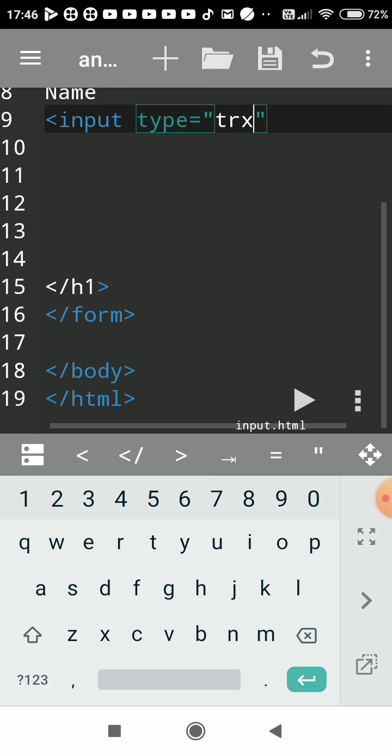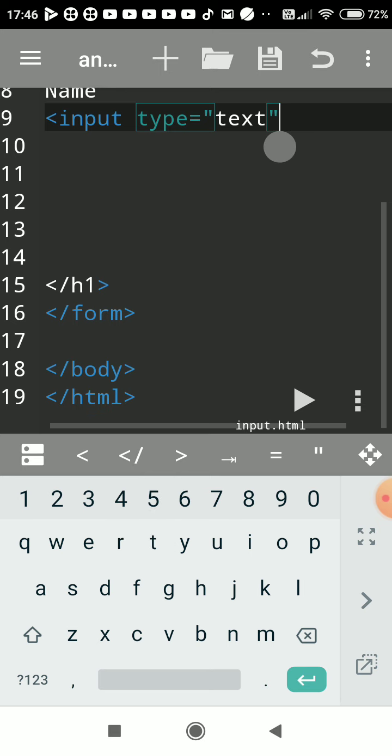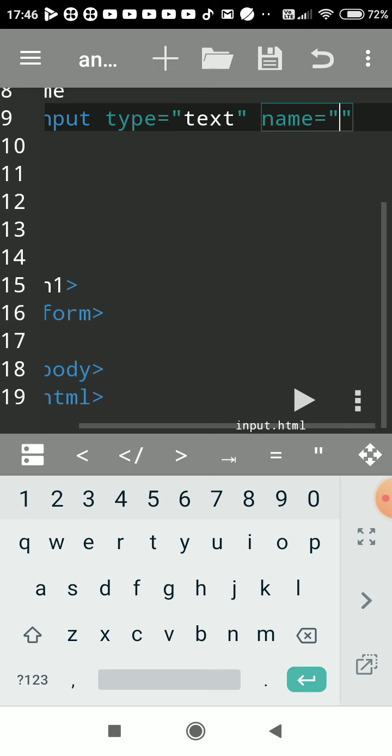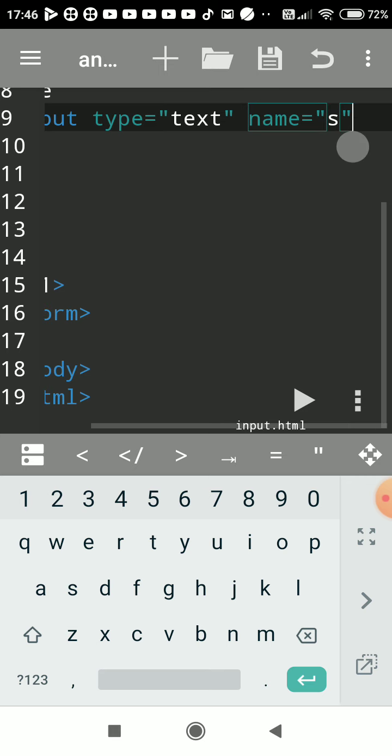To create a text box you just have to write text. Most controls are created using the input tag and then the type attribute. You can give more attributes, but only a few we'll see, and the whole list of attributes we'll see in a further video. Give any name.